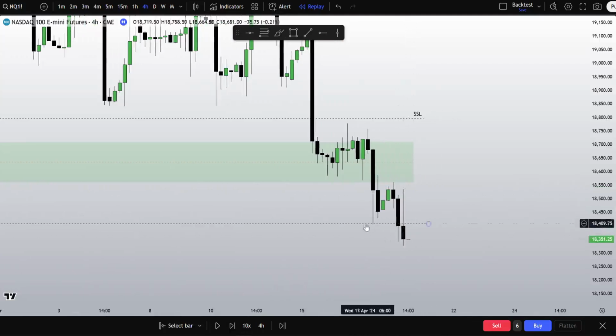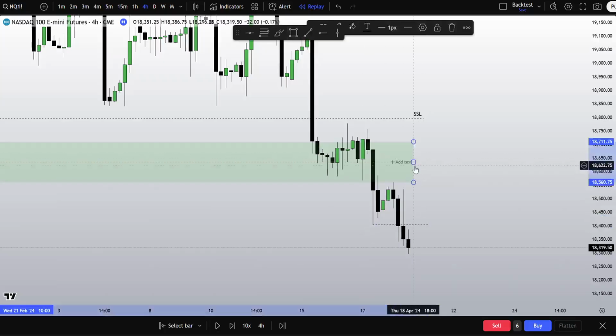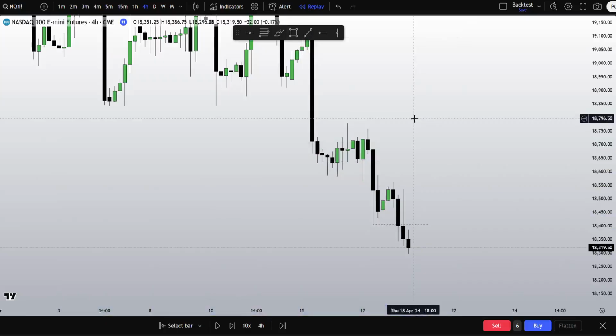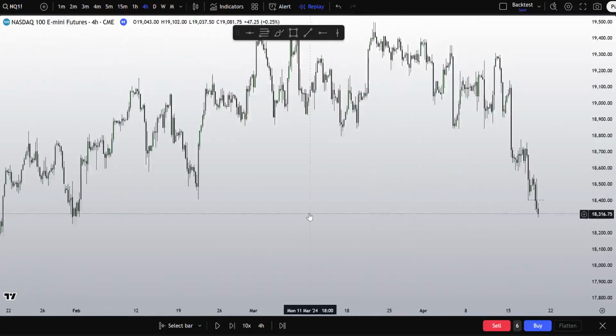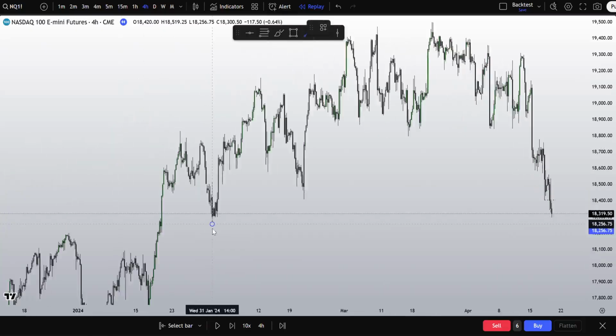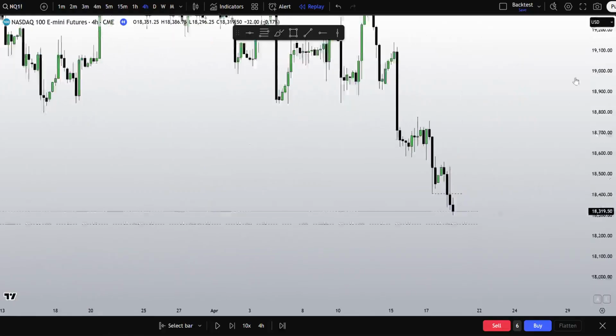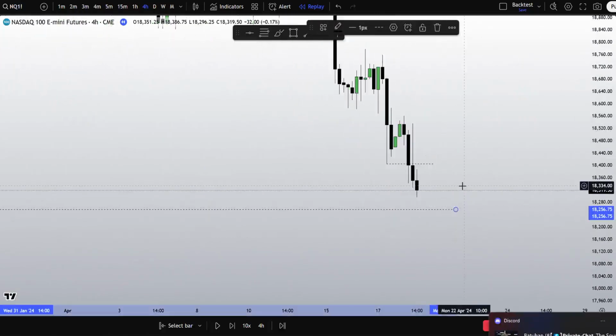Tapping into this low, took this low right here. This low has been taken. This has been disrespected. This is disregarded. We have this low here. Actually, I'm going to move it towards this. We're going to use that as the marker. This is a bullish fair value gap as well. So ideally, I would like to see now this low get taken as well.